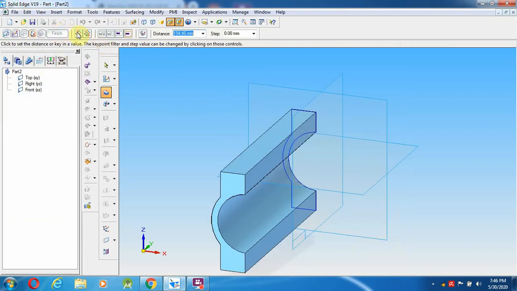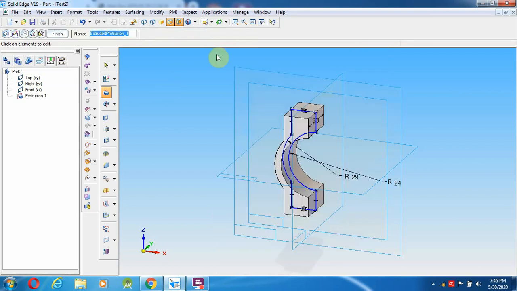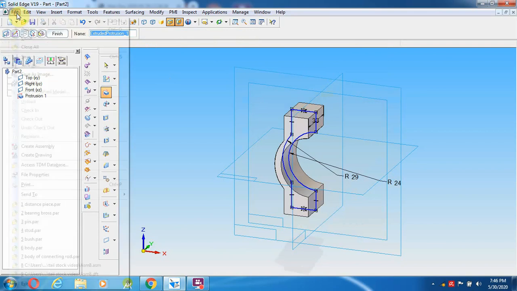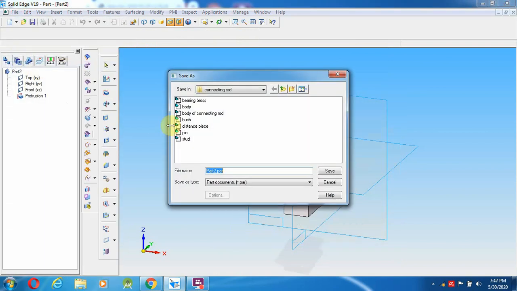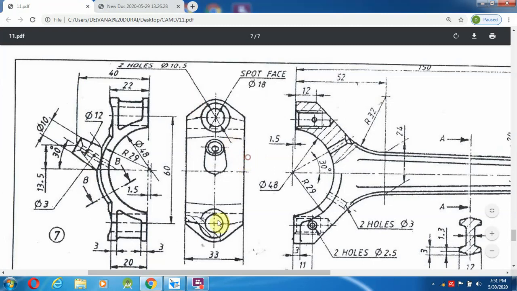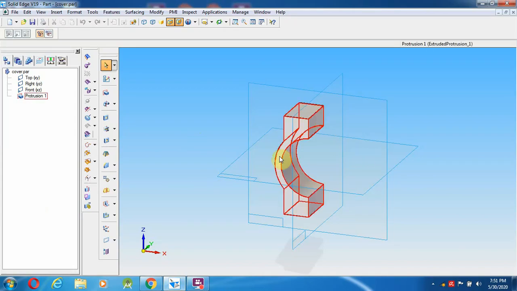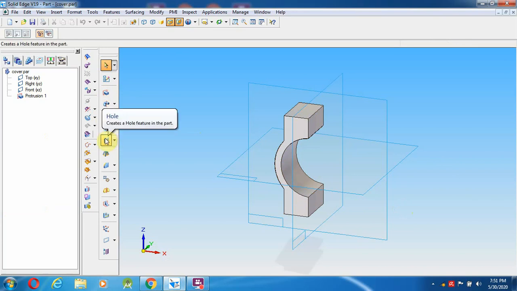So from the symmetry extent it has to go for 33 mm depth. So save this as a cover. So once this profile has been done, whatever we have given here, the diameter is correct. So the next step we can go and give the hole over here.